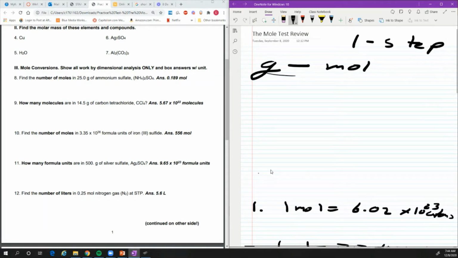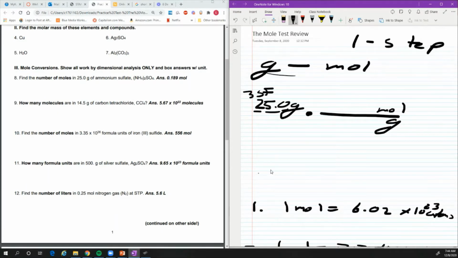So let's start with my usual, right? I am given 25.0 grams. That's 1, 2, 3 significant figures. I'll put that at the start. Always do the same thing. If I have grams up top, I'm going to put grams at the bottom so that it cancels out. I'm trying to get rid of the grams, mole up top. This will always be 1 mole, and now I just have to figure out how much is